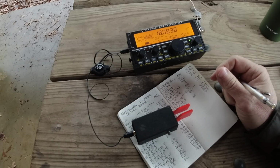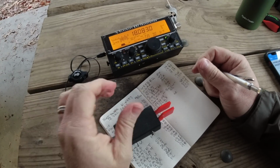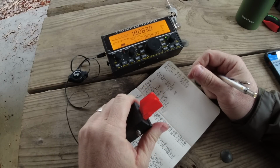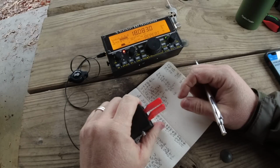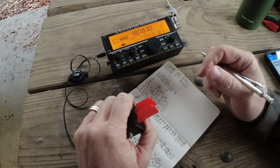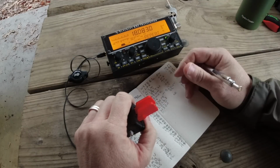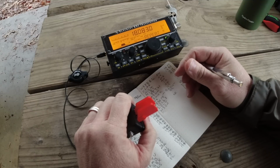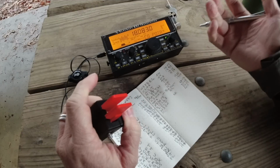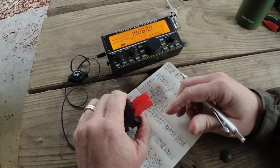Someone asked me about an activation I did in October at a park event, a really awesome park event in North Georgia with a POTA group, where I ran 250 watts CW. I'd never done that before, especially not at a field event. But the person that had the radio said, "Yeah, just go ahead. I want you to do 250 watts." So I did it, and they asked if I noticed any difference, and I really didn't. I worked the same people I work at 5 watts. It seemed like the same propagation pattern, same signals, same reports. So I feel like there is a point of diminishing returns